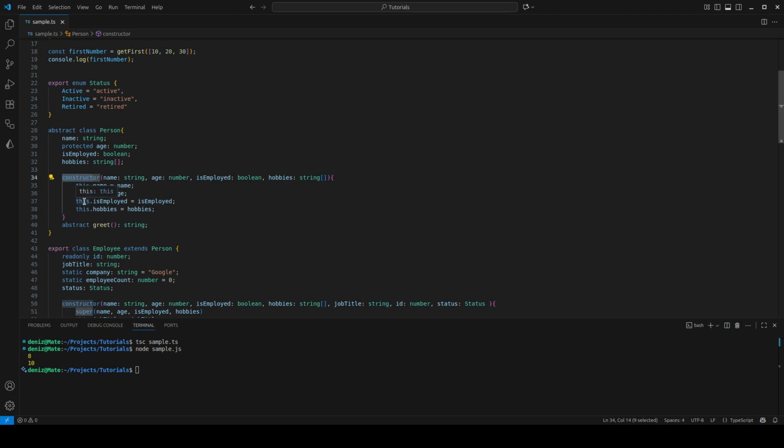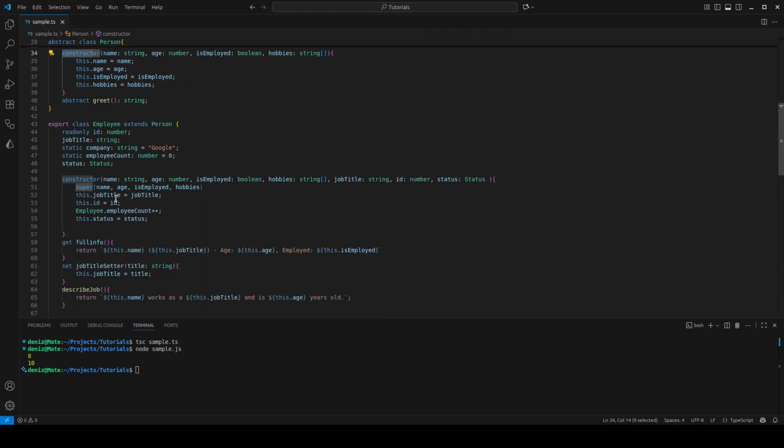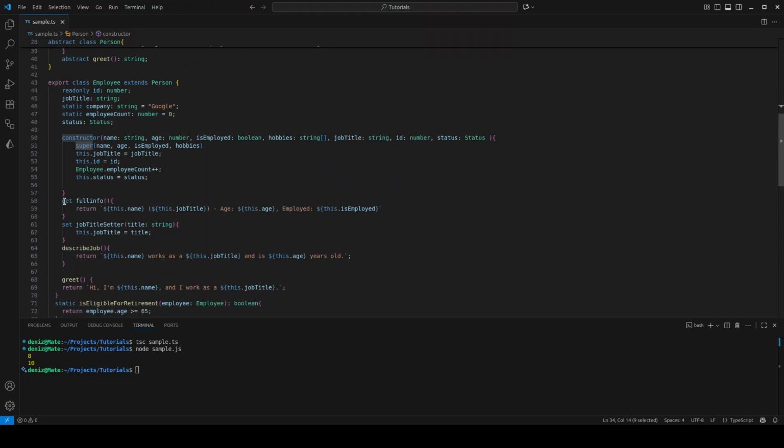Here we have this method, this context. Also, here we have like full info or describe job or job title setter. They have their own this keyword,